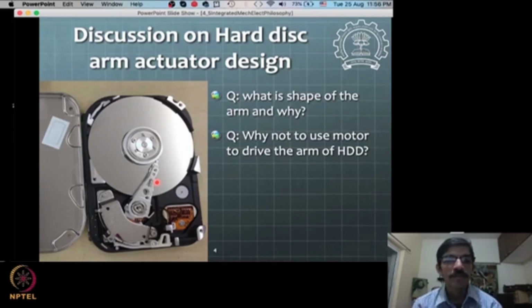Then you can imagine that you'll have that force if you cut at different sections here. As you cut lower and lower sections, towards the root at the center of rotation of the arm, the amount of material that is there beyond that cut will make the force coming on these cross sections more and more towards the root.